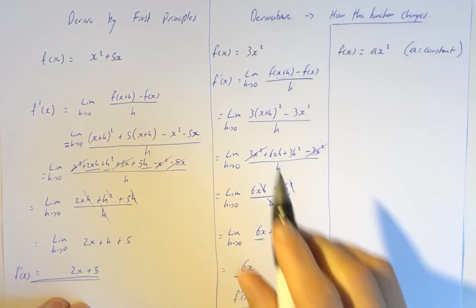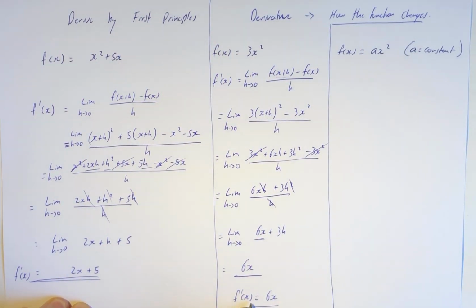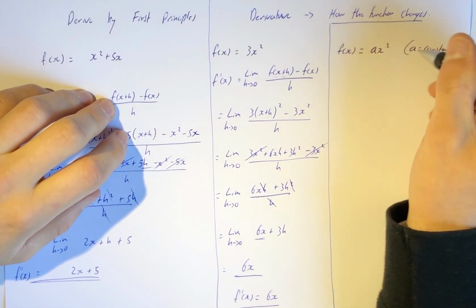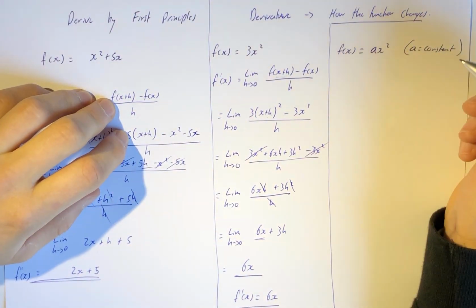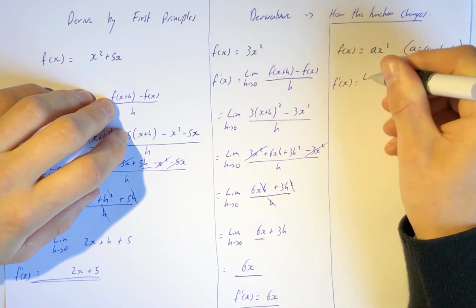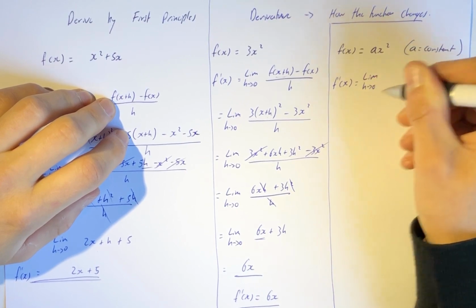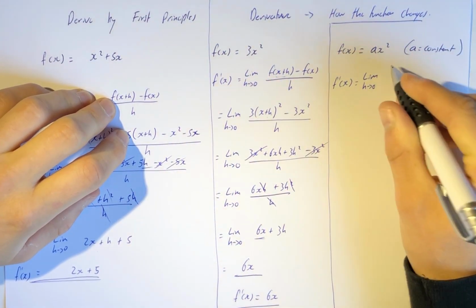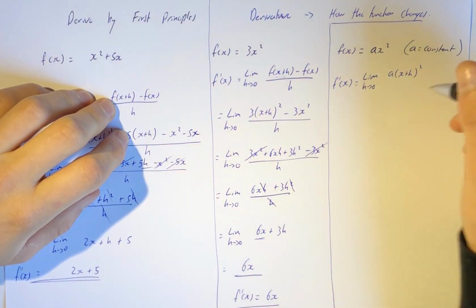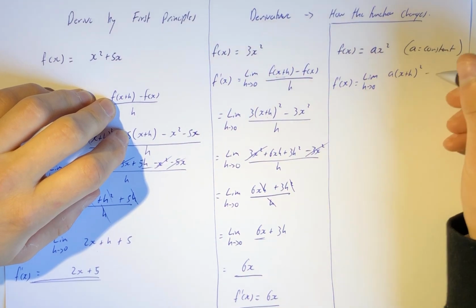Now we've got our original function. This function will tell us what is happening at every point, no matter what we plug in. Okay, last one. We're going to go a little bit more abstract. I've just got some constant out the front. Let's have a look at what's going to happen. Well, the gradient function is the limit as h goes to 0 of f of x plus h squared, f of x plus h minus f of x